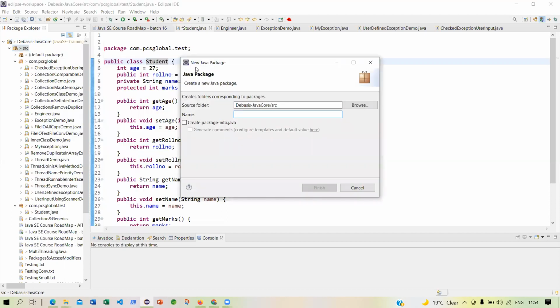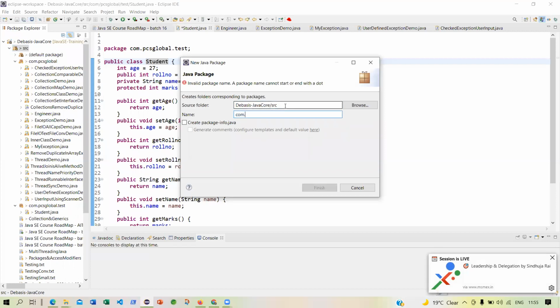That is, you are creating a new Java package, and you want to create it under src. This is the project name, not the folder. The project has a source folder, and under the source folder you want to create a package.